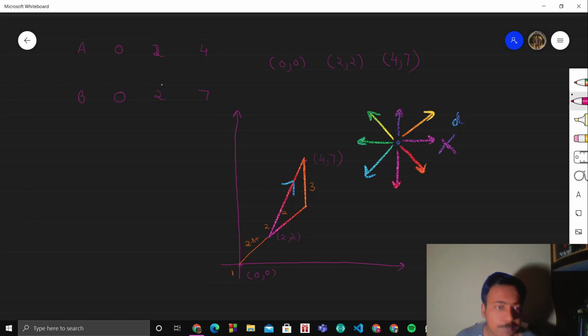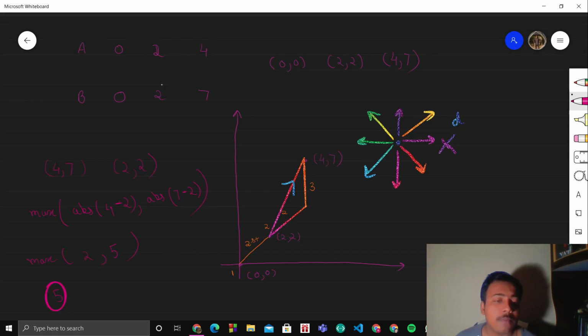There are several ways of doing this, but there is a very nice observation that you can make. If I have these points, 4 comma 7 and 2 comma 2, then the maximum steps I will be taking is equal to the max of the absolute difference between 4 and 2, that is 4 minus 2, and the absolute difference between 7 and 2. Now let's see what the distance is over here. So it's 2, and this is 5, right? So my answer would be 5.